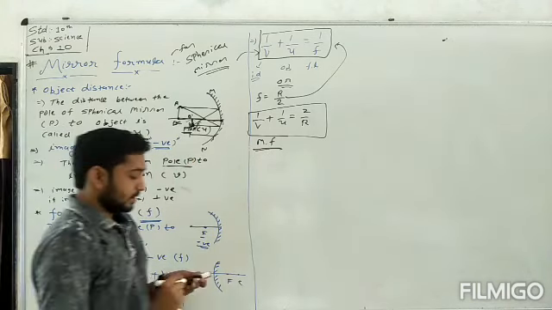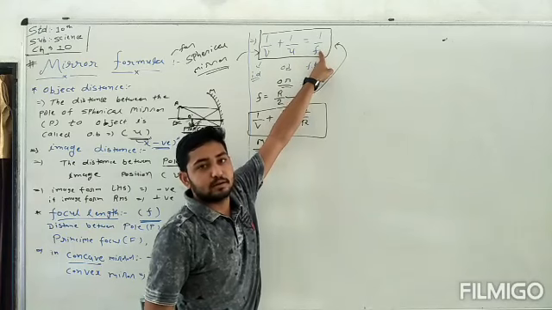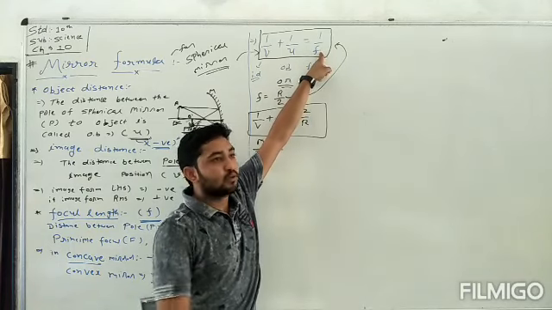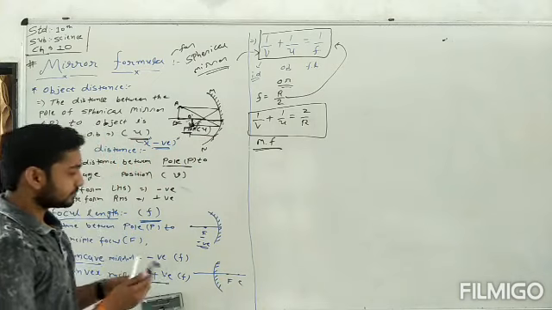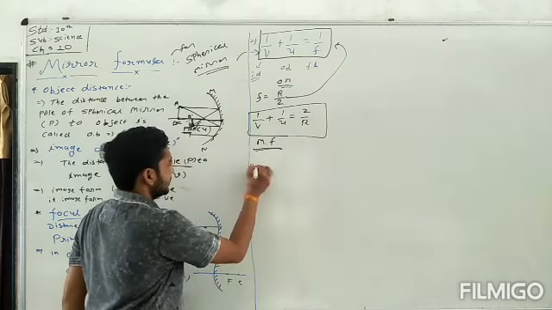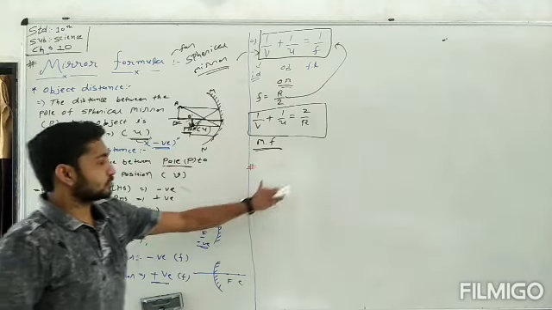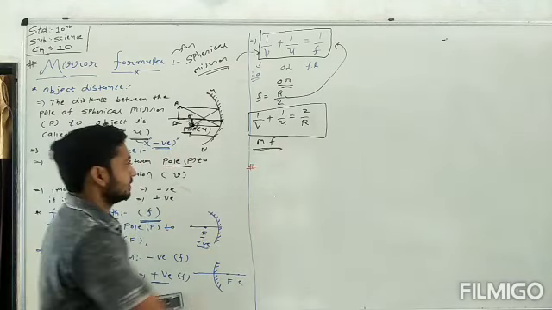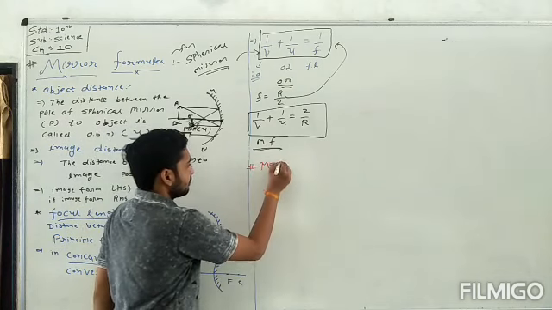Done. If we use v and u, we can take plus and minus. We use sign convention and put a positive or negative sign accordingly. And focal length depends on the nature of the mirror, concave or convex. Now, the next topic: this formula is useful for solving sums. We will discuss that later.